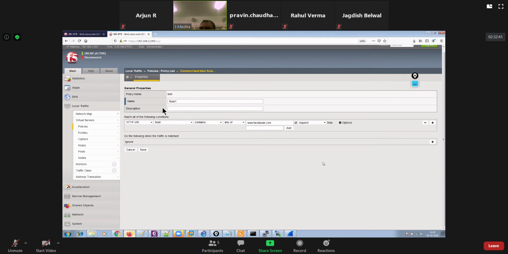By default it's ignored, but you could say disable, or maybe you could say redirect to location.